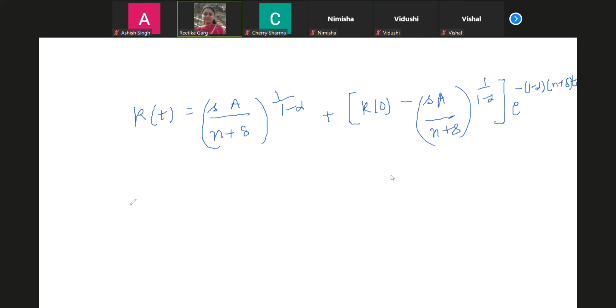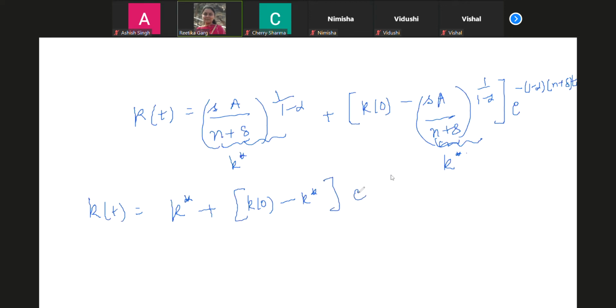All right. Now you very well know that this entire thing was K star. So you can write this as K(t) is equal to K star plus (K naught minus K star) times the exponential term. This is what you write. So this is basically how the capital stock will evolve if you were to start off at a point which is not at the steady state. So if K naught is less than K star,